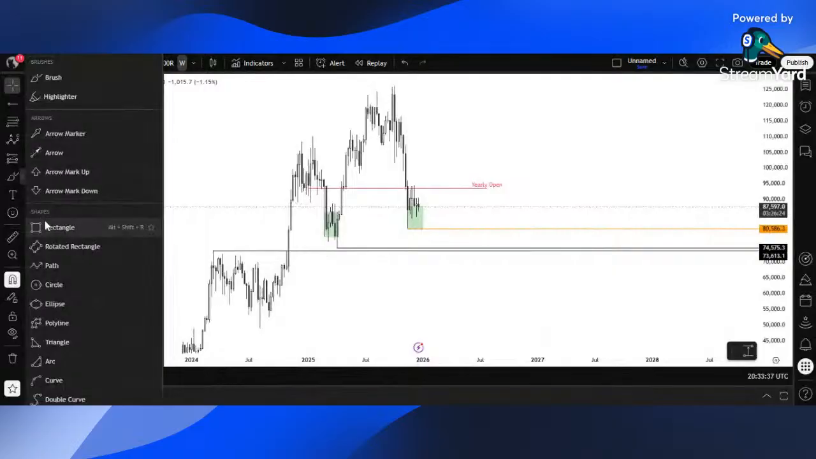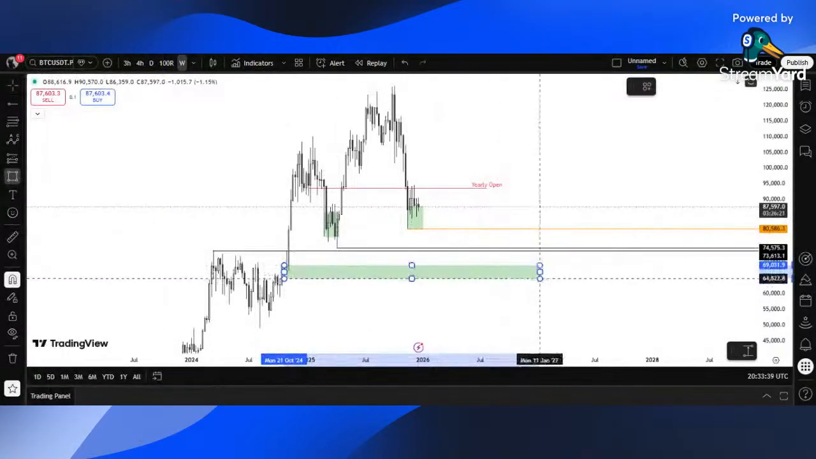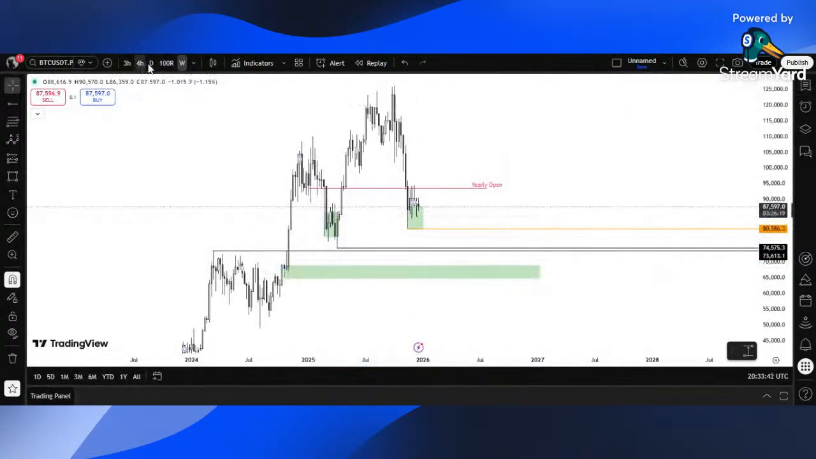This is an order block here on BTC. This is the order block on BTC, right? Now,